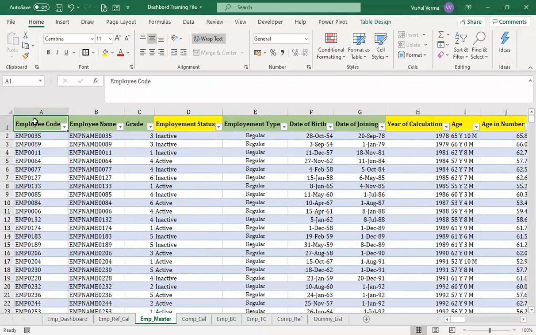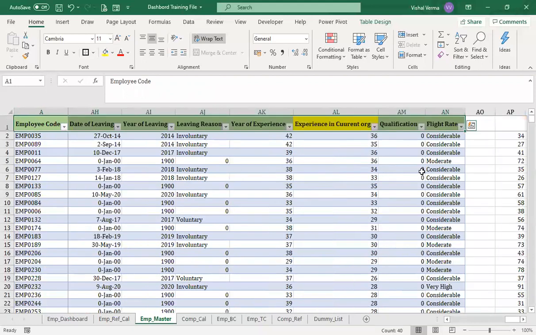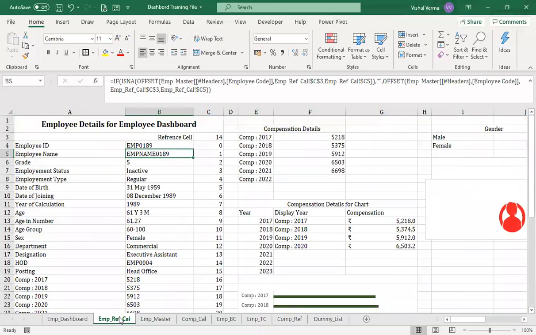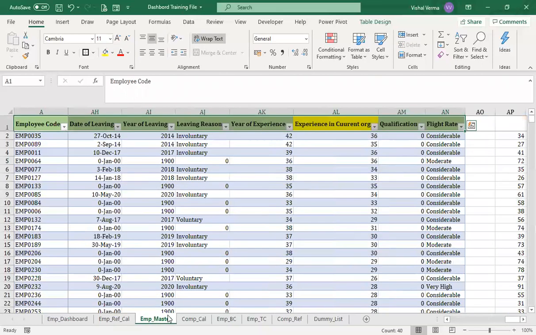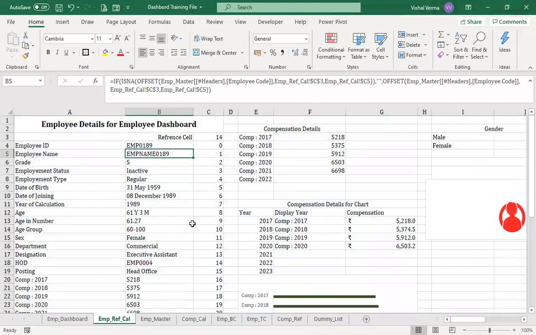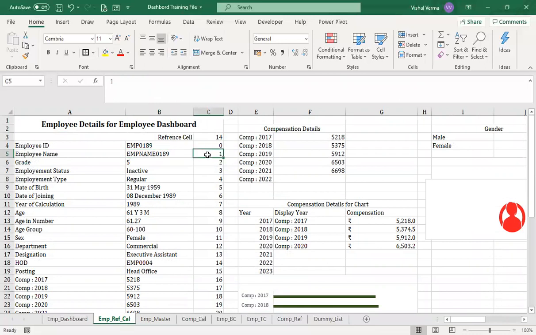So when we design the control panel for the functions related to employee reference, all these columns will be taken care of. Even though it is a calculated sheet, the data has been derived from the master data or the data entry file. That is why we are using the offset function. This offset function will be used for different things. All you need is to understand which column it is, and what the row will be according to this.